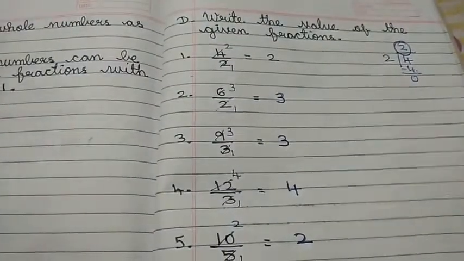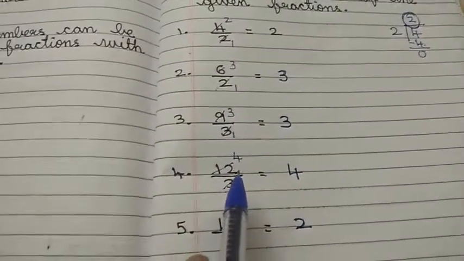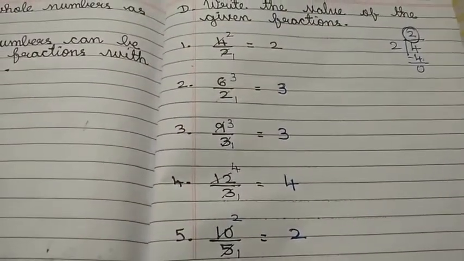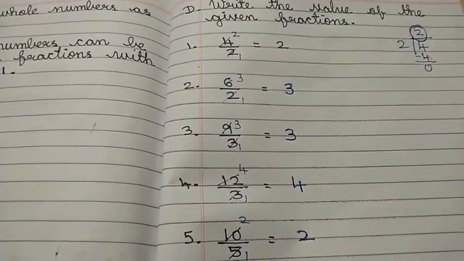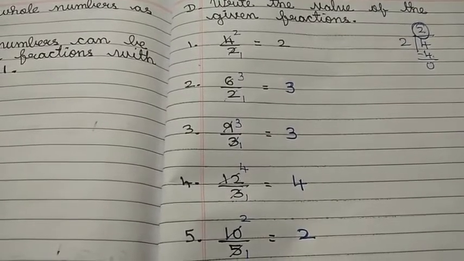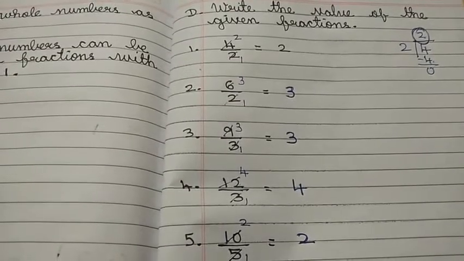See children, write in neat handwriting. You can write the question in black and the answer in blue, so that you can see the difference, which is the answer. Otherwise it will be very hard. Okay children, will you do that? Children, whenever I am sending work in the WhatsApp group, don't avoid it, thinking we can write it later. Don't leave it like that. If you write continuously, you also will not get confused. Okay children, I think all will complete till exercise 6.6.